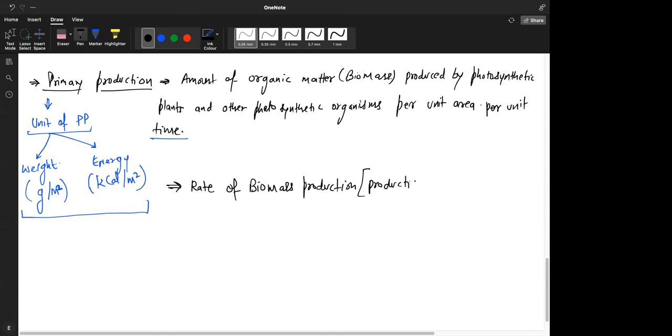So when we say that this jungle has X productivity, which means I'm talking about rate. So people say productivity rate. So now there is a factor of time included. So what will I now include here? Taking this into account, what will be the unit of productivity?